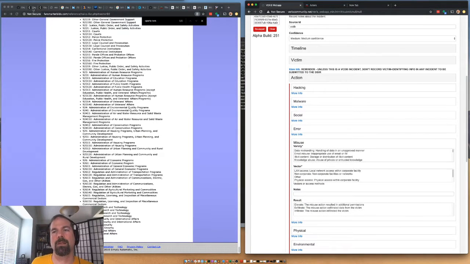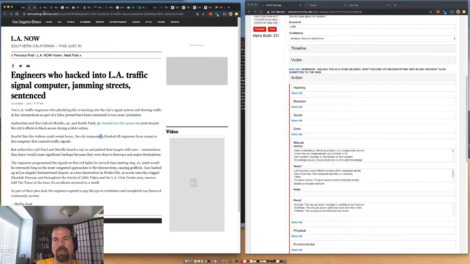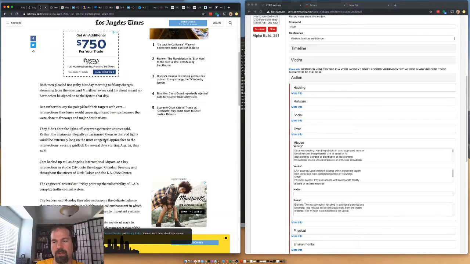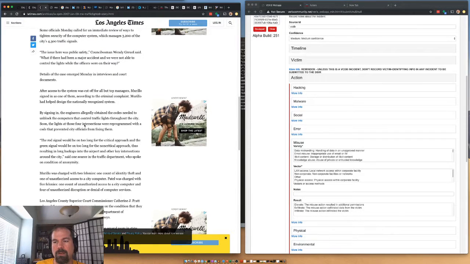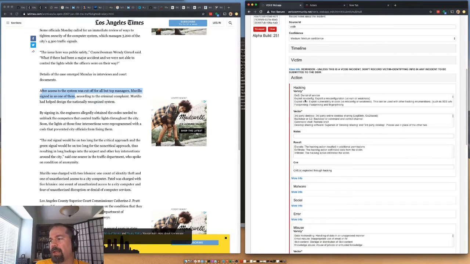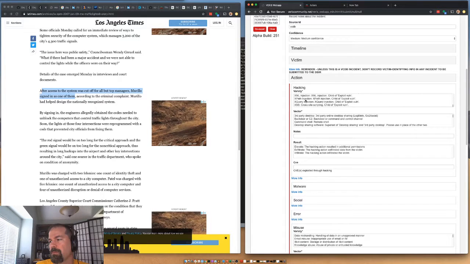So, on the one hand, they say he logged in as, let's see, said top managers. After access to the system was cut off for all but top managers, Murillo signed in as one of them. So this is actually going to be, instead of misuse, because he's signing in as someone else, use of stolen credentials.